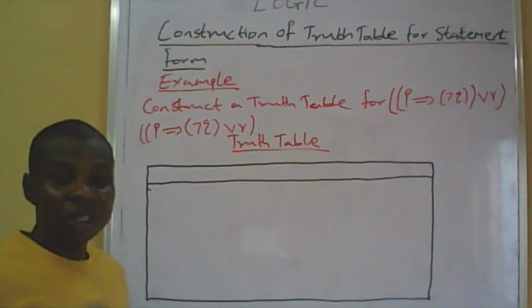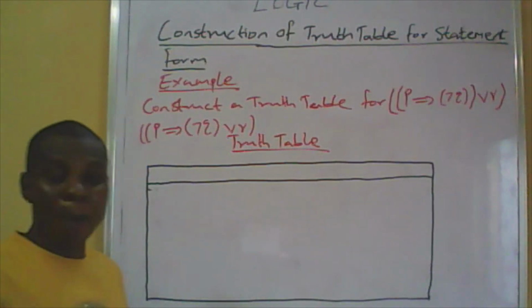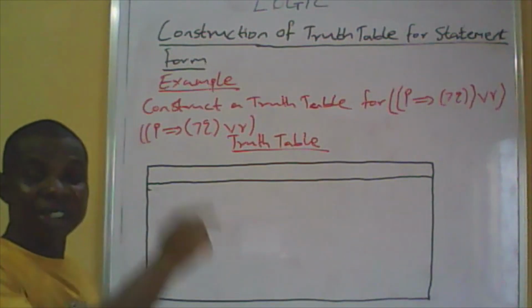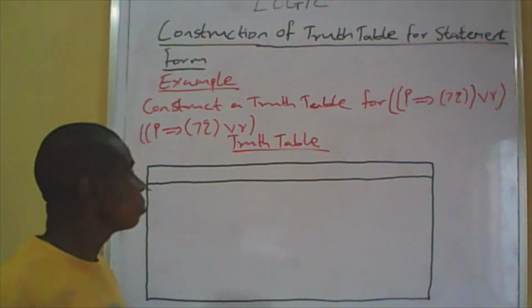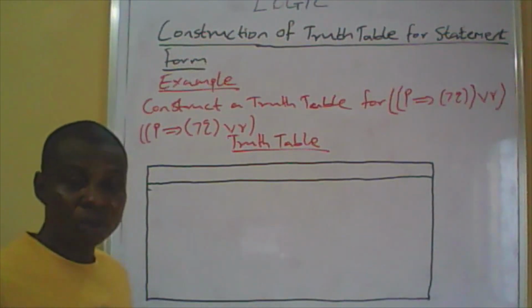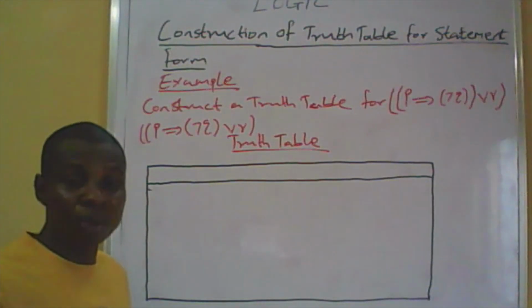That means the ways we are going to compile the truth values of the simple statements involved in the statement form. And the formula used to determine the rows to create in a table is